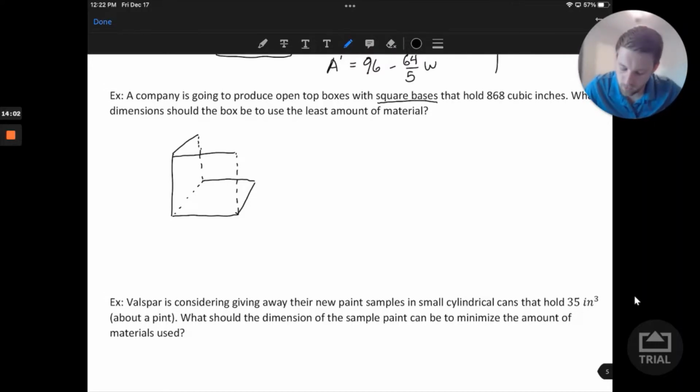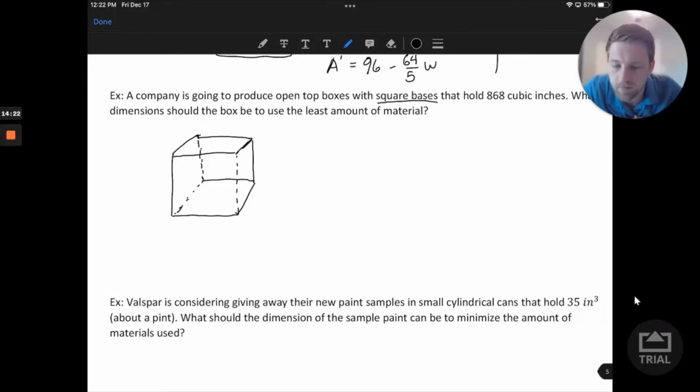So we'll try to draw this with a good square base. And if it's not perfect, that's all right. We'll just try to draw this as decently as possible. There we go. So if this is our box,